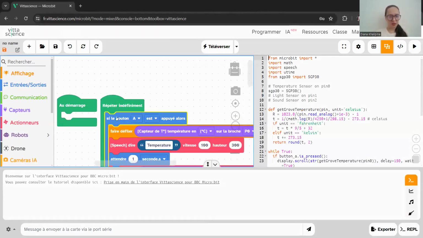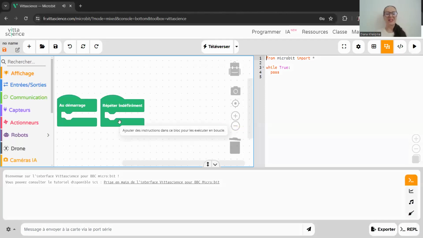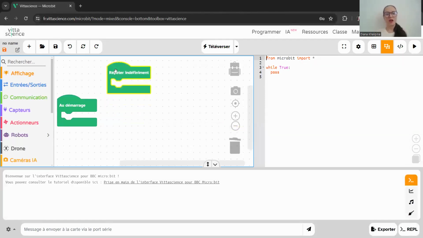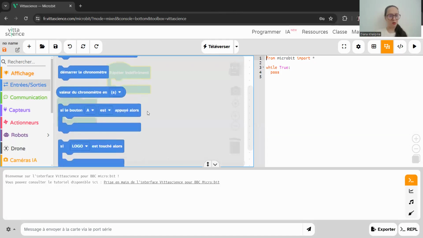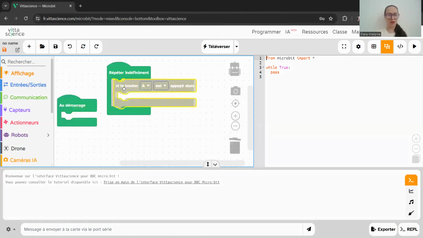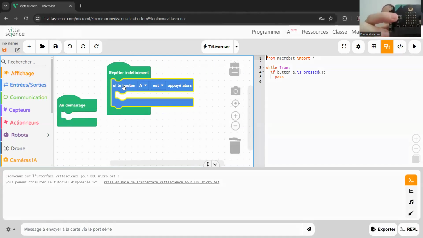Oh, wait a second. I will just save the block "repeat infinitely" so that we can use a loop that will help us to repeat the code an infinite number of times. And first I will use the code: if we press button A on the micro:bit, which is right here, this is button A on micro:bit, in this case we will get information, for example, about